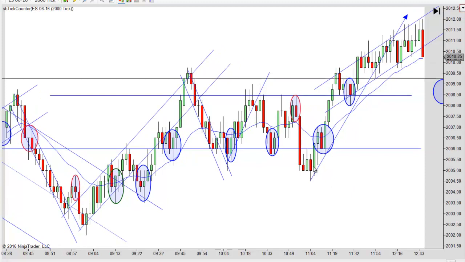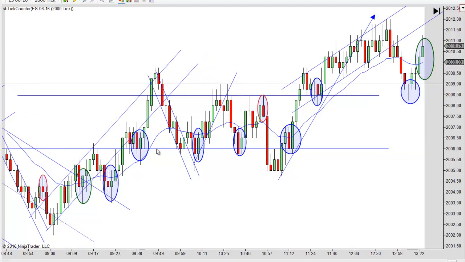And we do fail below here, but you don't get a very good setup bar. I think you're better off to wait. Notice how, look at the closes again. Look at how bearish that bar is, and it breaks below and turns and goes right up out the other side. And so you get a chance to get long right there with enough room to get out.